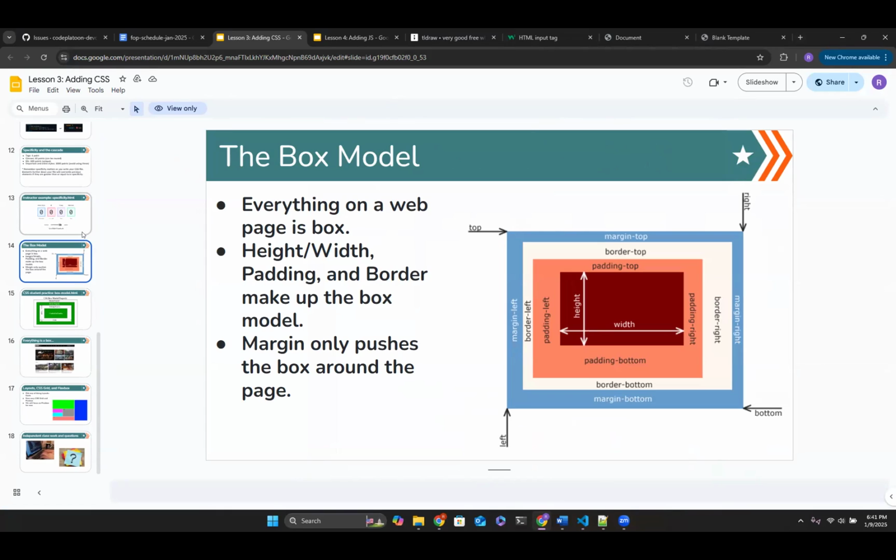As you may have already gotten an idea from the previous things I've been saying, everything on your web page is honestly just a box, right? It tends to be categorized with divs or with semantic tags like article, section, nav, but it's just a bunch of squares when you look at the nitty-gritty of it all. These squares are formatted with different properties like height, width, padding, border. This all makes the box, and you should see this picture and have an idea of what it is already by looking at the inspect tool that I demonstrated yesterday.